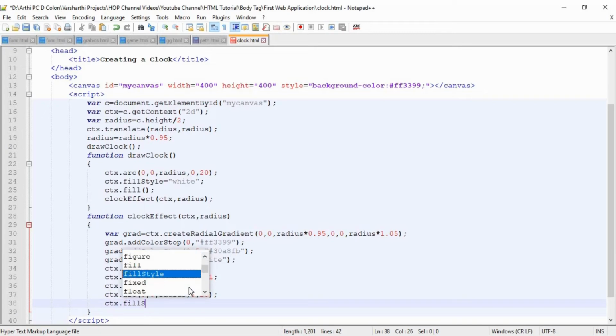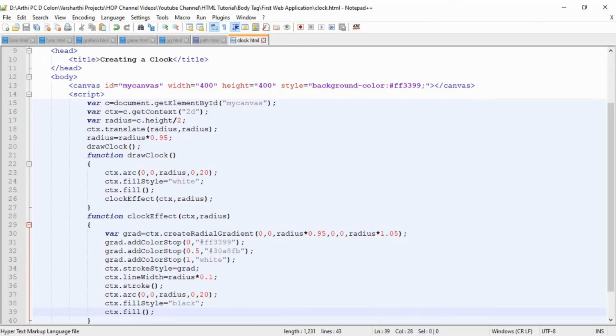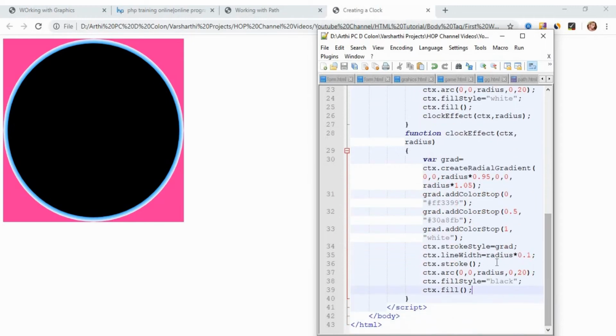Add some fill styling. Let the color be black and call the fill function. Now save your program and run it. So this is why we are reducing the radius to 10%, because we have to place the circle as a midpoint inside a circle. That midpoint should be the center in which all the three angles should be displayed. So you can just reduce the value of your radius.